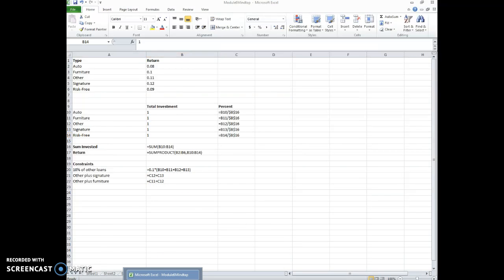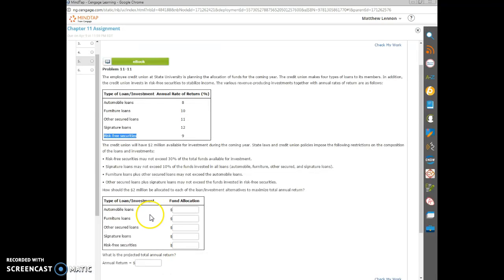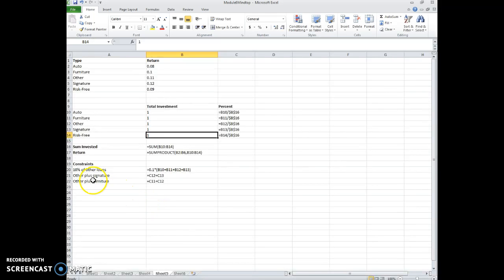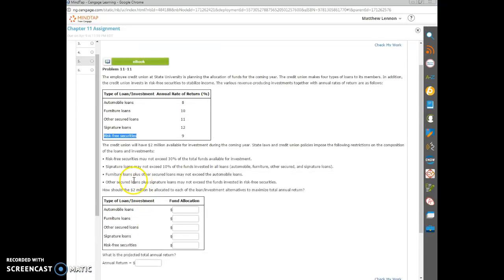And then the 2 others, it says furniture plus other may not exceed automobile, so I created other plus signature here and also other plus furniture. So other plus furniture has to be less than auto, and other plus signature has to be less than risk-free. So those are going to give the constraints. So we have 2 million total, and then we have 4 more. So we should have 5 total constraints